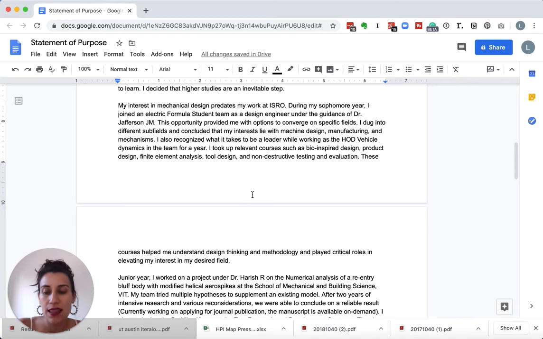So to me, this paragraph does not add any value to the person's case. And I see this a lot in people's essays, where you're saying a lot of things that sound nice, but they're not actually describing you and your abilities. Just saying that you took classes on certain topics and that you know leadership is important and you learned about X, Y, and Z, that doesn't really paint a picture of what you're capable of.